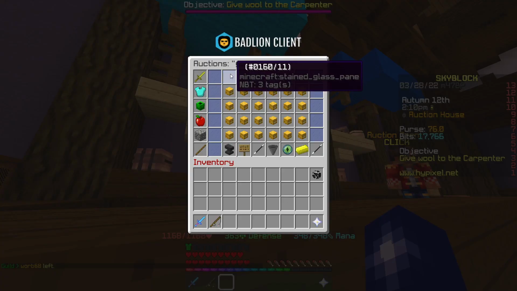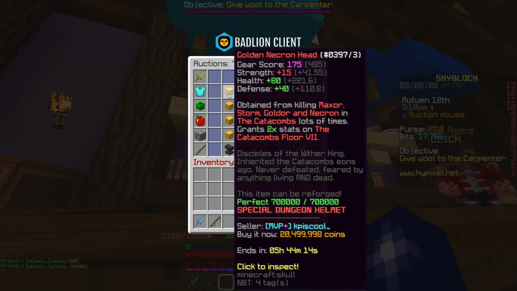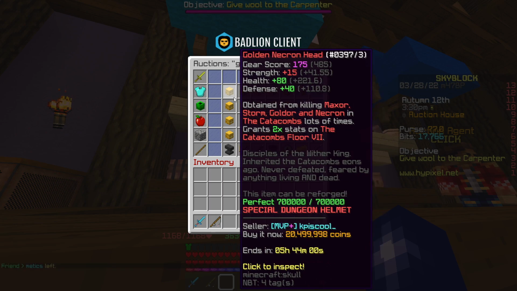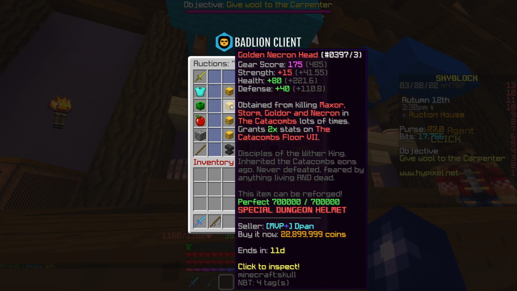So the first item that we're going to look at is, in particular, the golden Necron head, also the golden Sedan head works pretty well. If you've watched my last couple of weeks of Dr. Space Helmet videos, you would have seen that I've done quite a few of these flips. I didn't even really know about these flips until someone in the comments actually let me know, and it's really good. Anyway, essentially all you're going to do is just look for anything that's 5-starred, hot potatoed, with pretty much